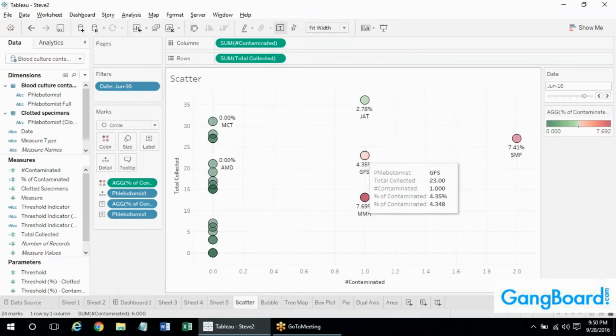Is there a way to build a view that has contaminated and clotted, where the other would show